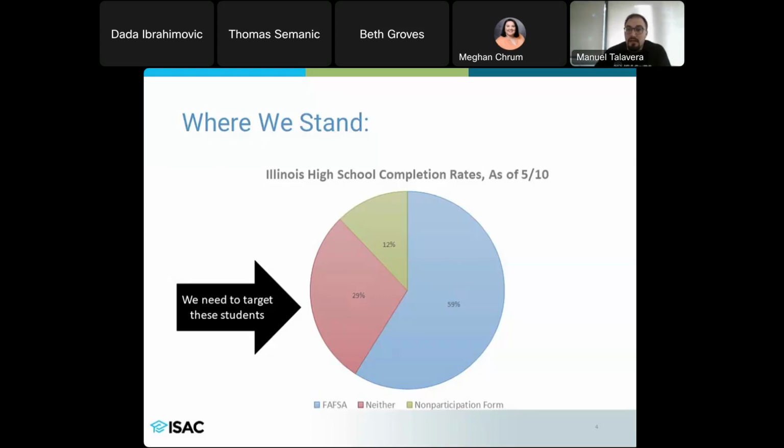And as well as the non-participation form, it's about 11.5% for those who completed it on their own, and 0.67%, so not even 1% of students, are those who've had a waiver submitted on their behalf, so a school who submitted that waiver. Keep in mind, we said this before, those waivers are a last attempt, right?